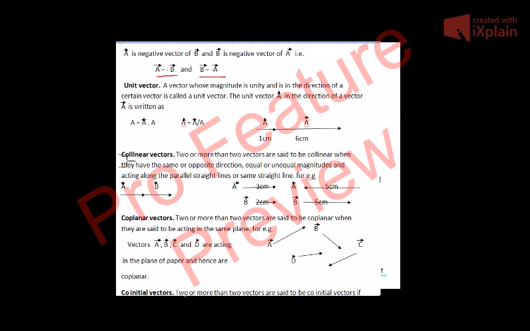Now what is a unit vector? A vector whose magnitude is unity. Unity means 1. It can be 1 centimeter, 1 Newton, 1 meter per second squared, whatever it is. A vector whose magnitude is unity and is in the direction of a certain vector is called a unit vector. The unit vector A cap in the direction of a vector A is written as